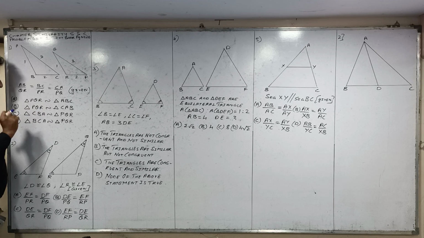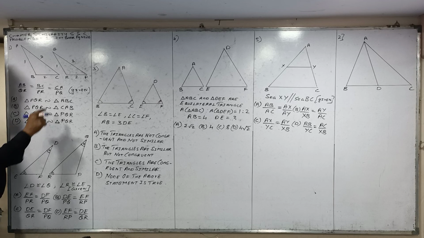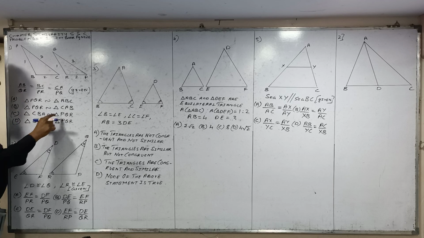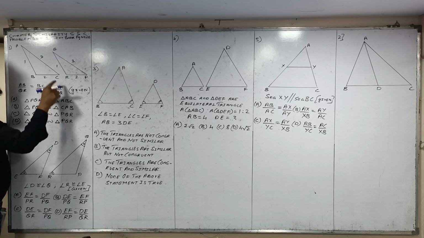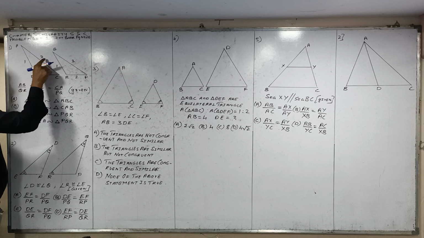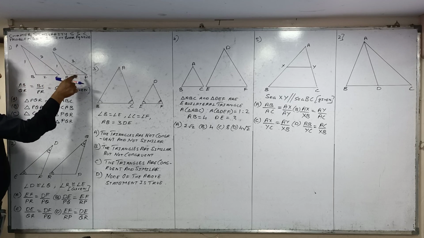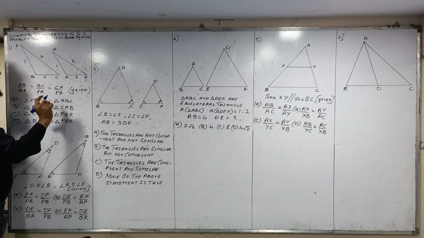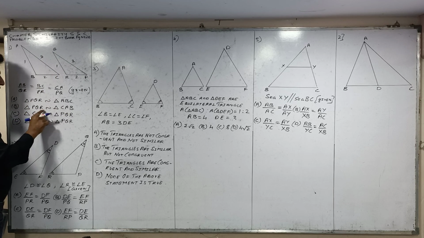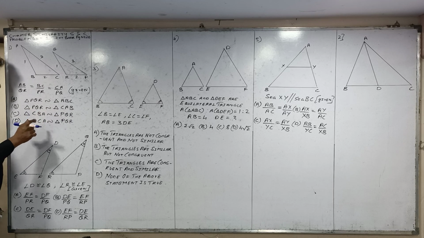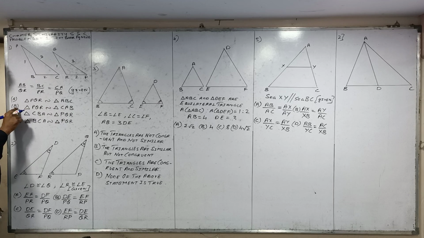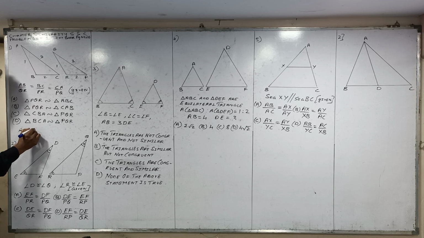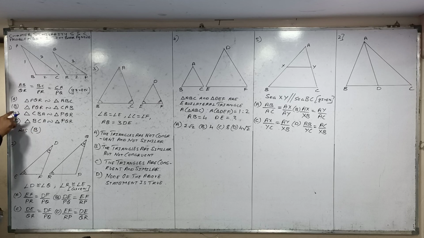So see, in triangle PQR and CAB, in PQR we are going from 3 to 1, and in triangle CAB also from 3 to 1. So in both triangles we are moving from the third side to the first side. So this is our answer. When we get this answer, there is no need to check the rest because we have only one option. So our answer is B. Your option is B.